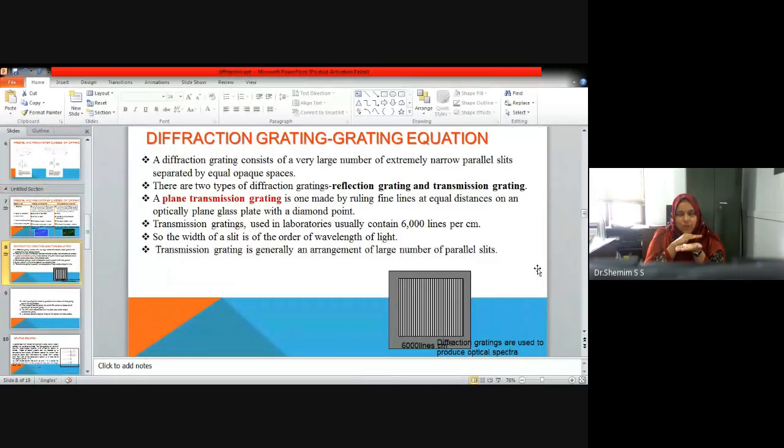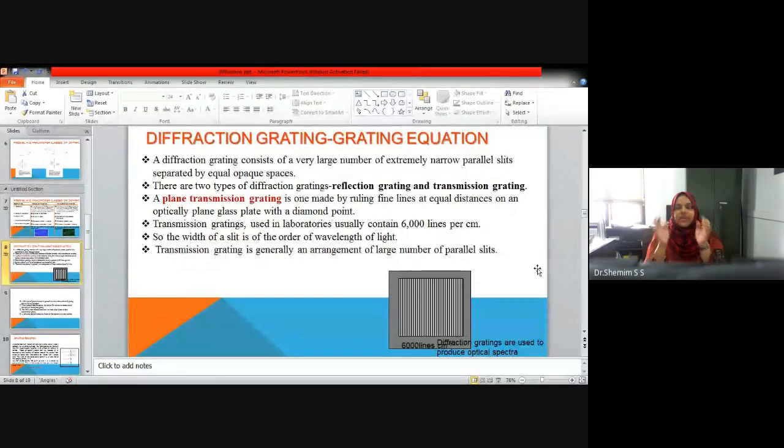Then it is allowed to cool down so that it will harden and a film of gelatin will be formed. After forming the film, we can strip off the film from the glass plate and we'll get a gelatin film with all the impressions of the grating on this gelatin film. That is, the gelatin film will have all these lines which were there on the original grating, or which were there on the original glass plate. All the impressions on this glass plate will be there in the gelatin film.